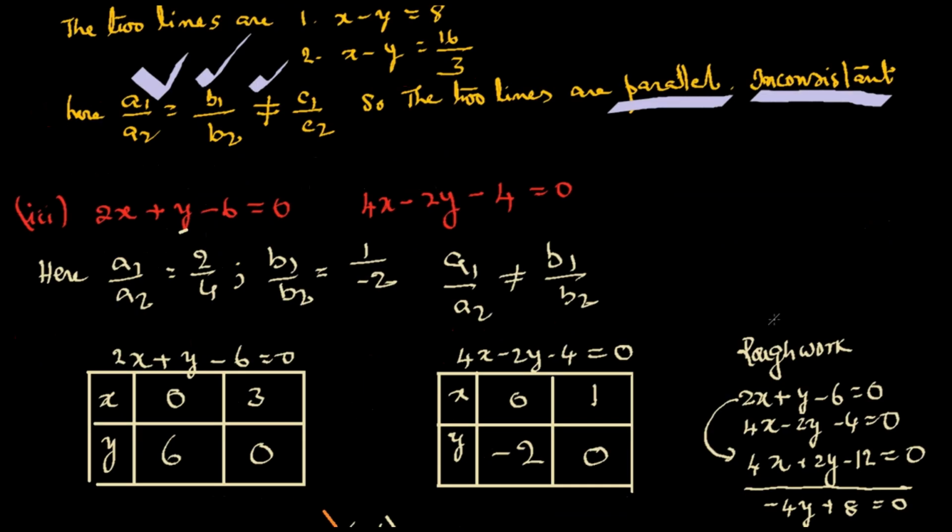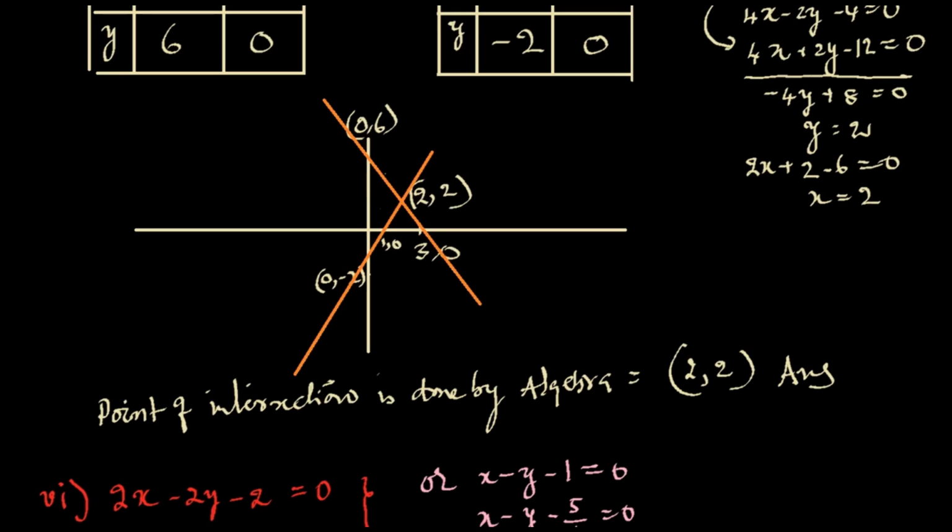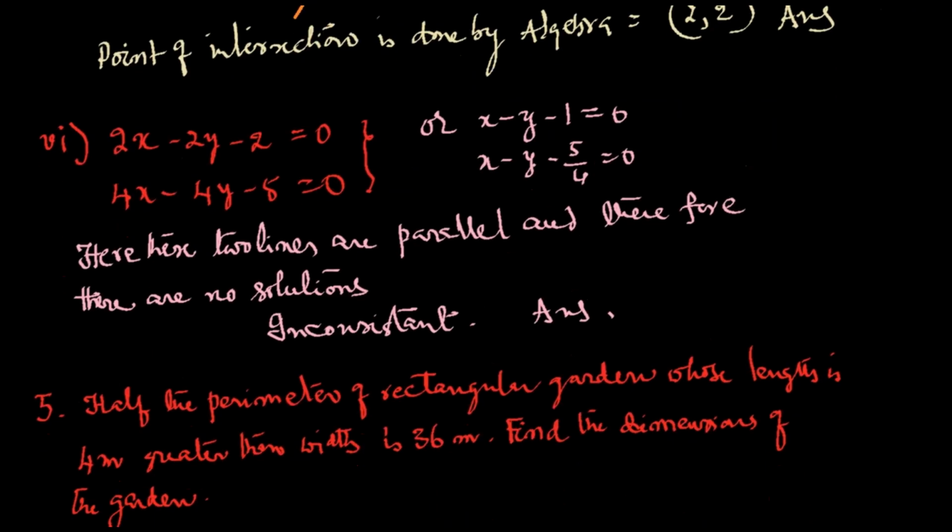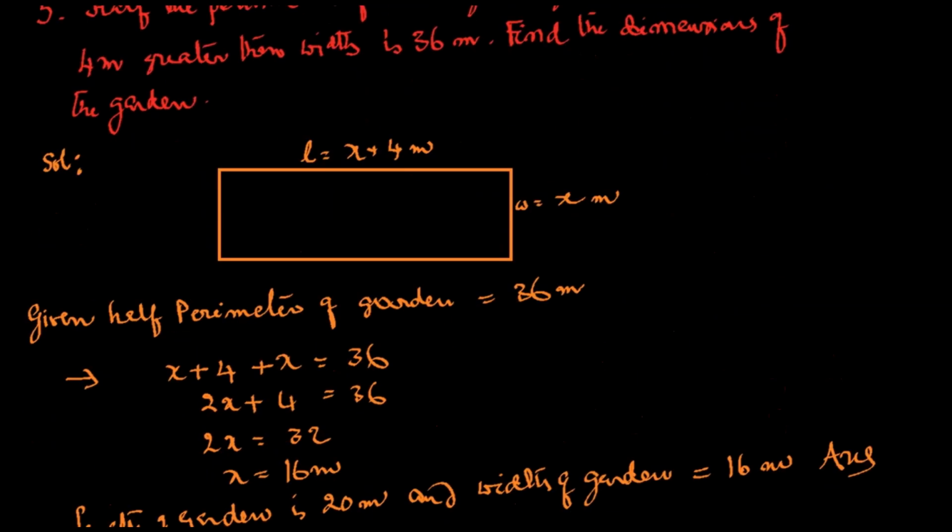2x plus y minus 6 is 0, 4x minus 2y minus 4 is equal to 0. This, I have plotted, I think. They are meeting at this point. Consistent. They are inconsistent in the next problem. Inconsistent. In the next problem,